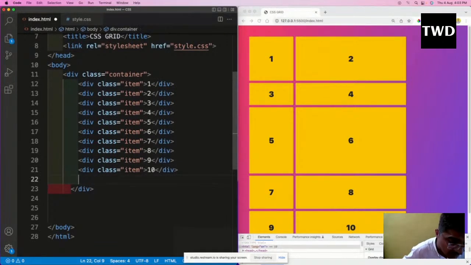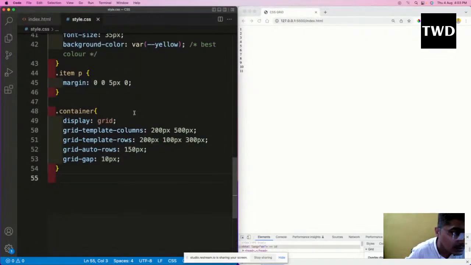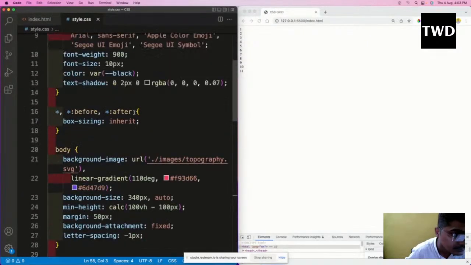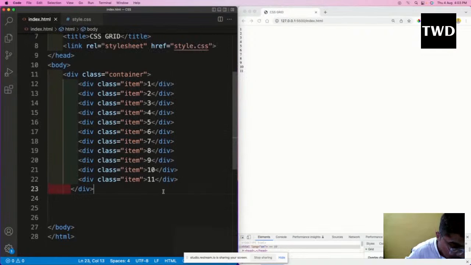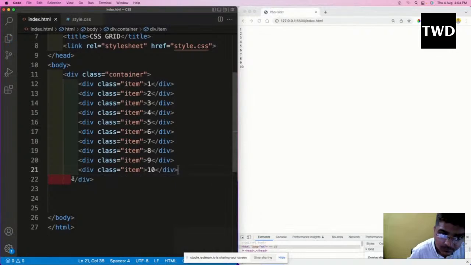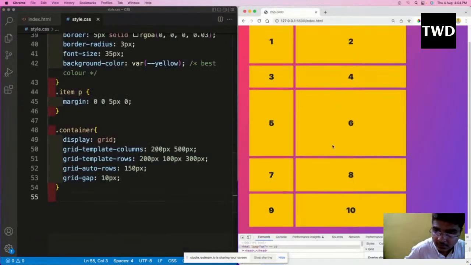So if I create one more item here, why it is not working? So leave it for now. So